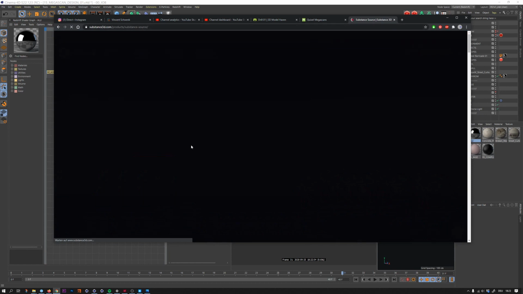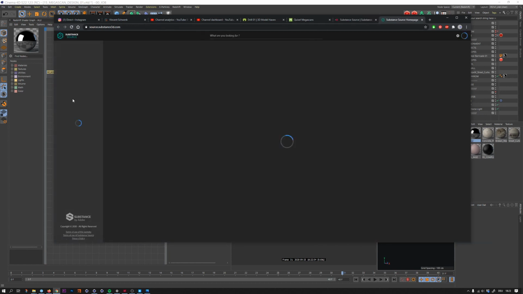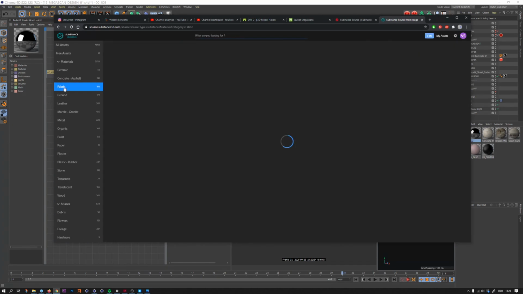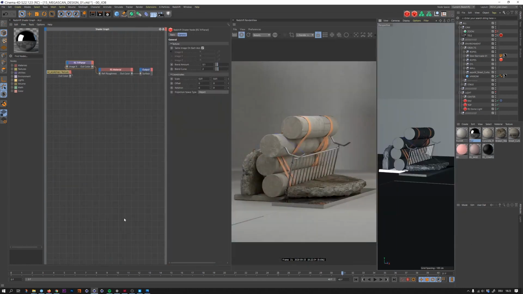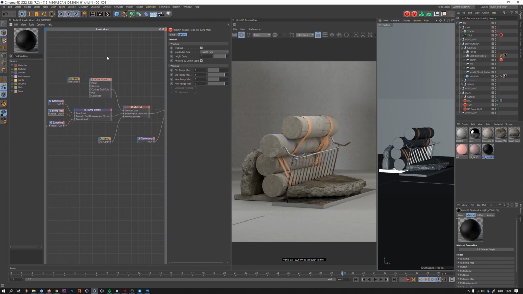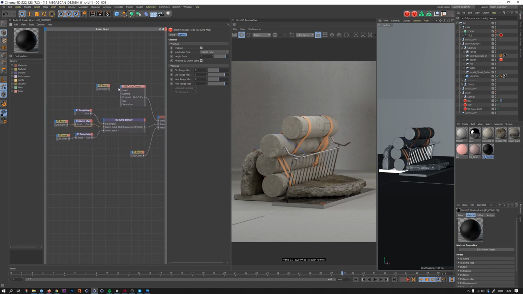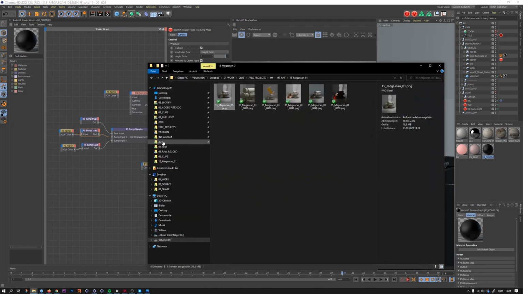So again, here, Substance Designer, go to source and then you can click into the materials which you need for your fabric. And nice, they have lots of nice materials. But I already got some. Also from a previous tutorial, when I open a new Cinema scene, I have this basic material which was automatically created, and it represents an already basic grid. So then I just need to go into my materials